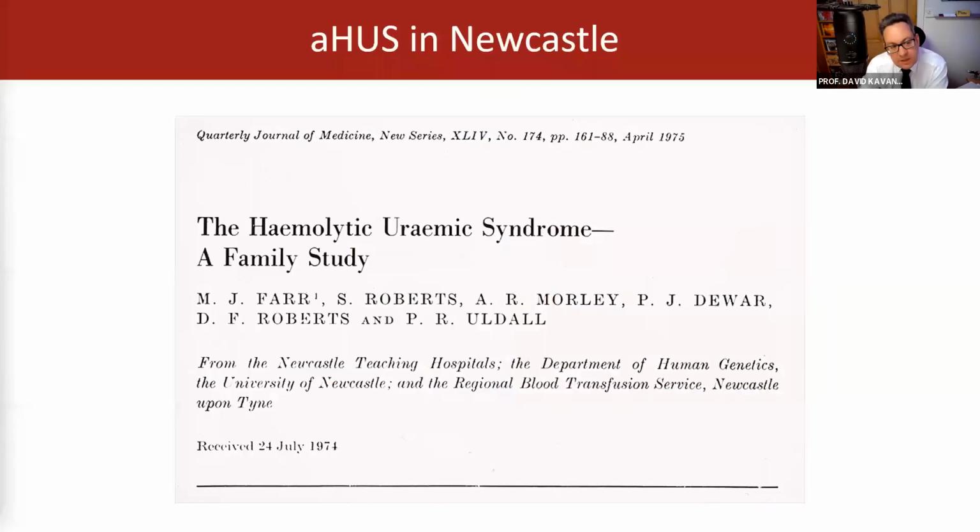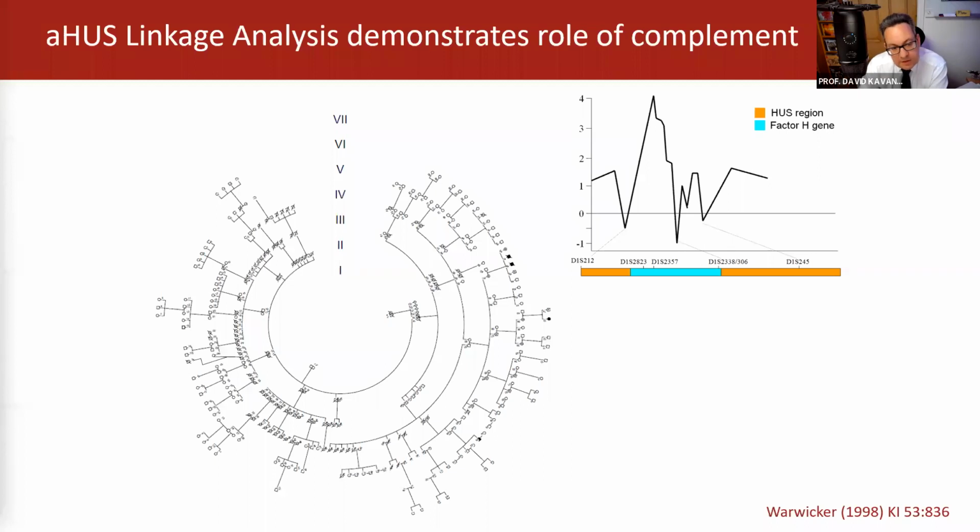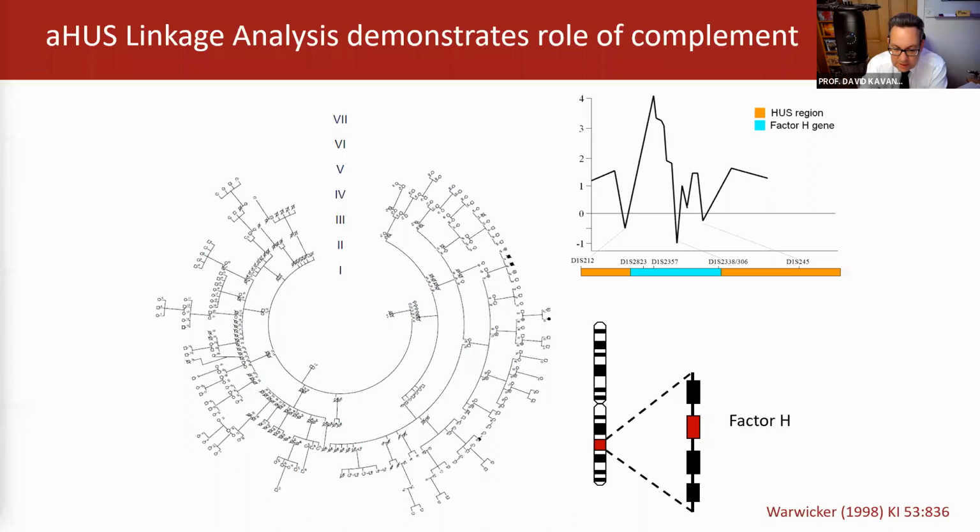Why atypical aHUS in Newcastle? Well, our interest in this stems back to 1974 with this paper from a Newcastle family that first showed that this could be a genetic disease. And this is one of the families that we initially had, and this was Paul Warwick's work in Newcastle, looking at this and 3 other families from Newcastle and around the UK, where we undertook linkage analysis, which showed that the complement system was involved in this,